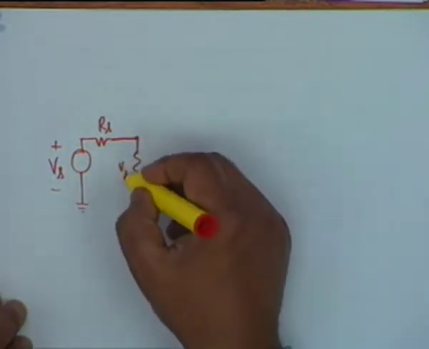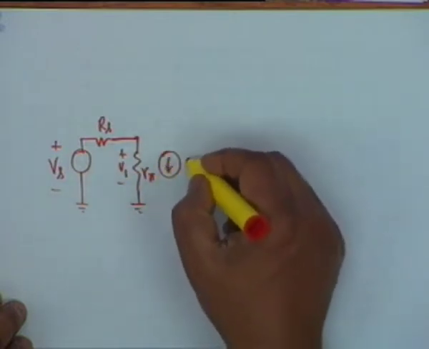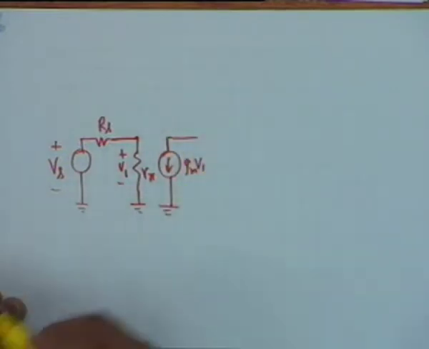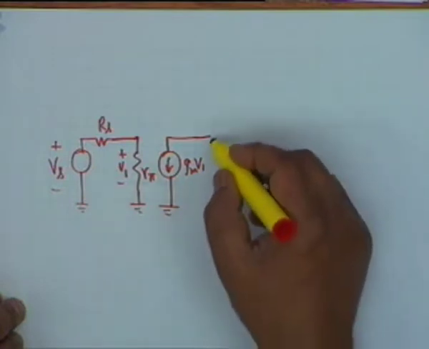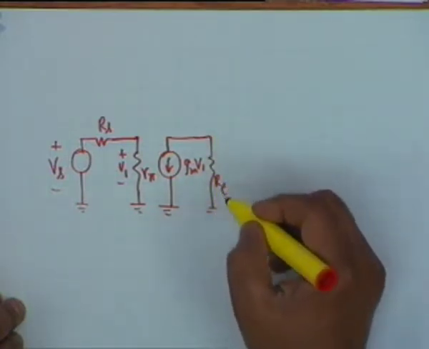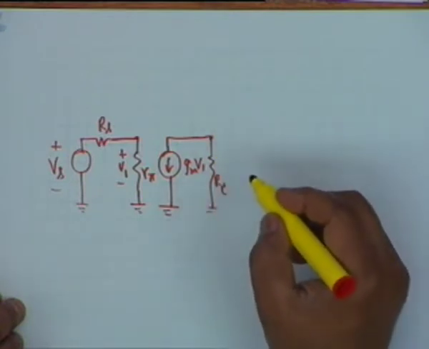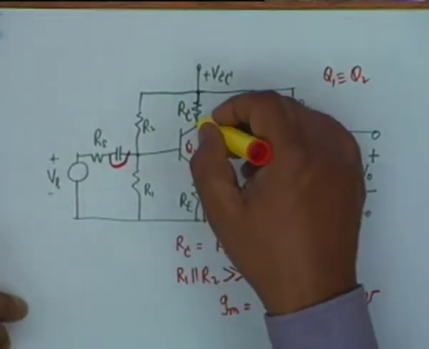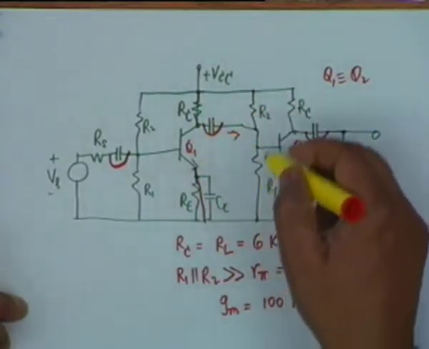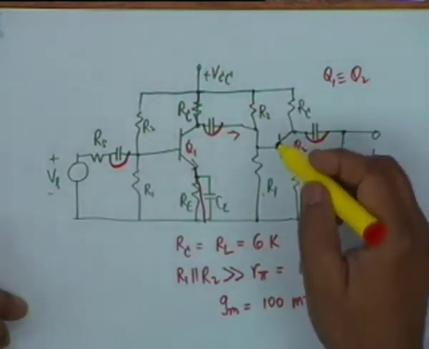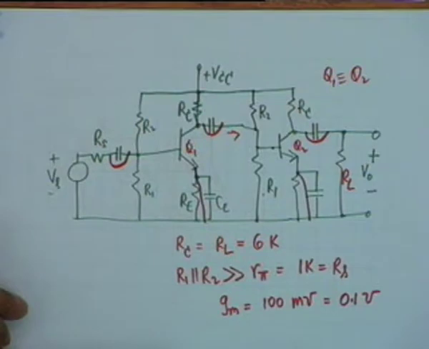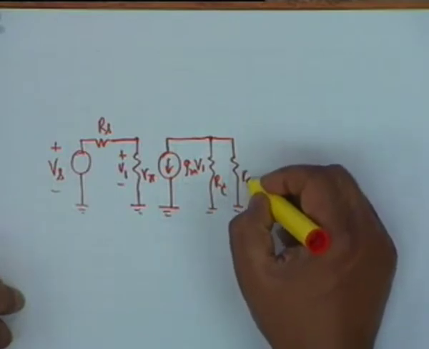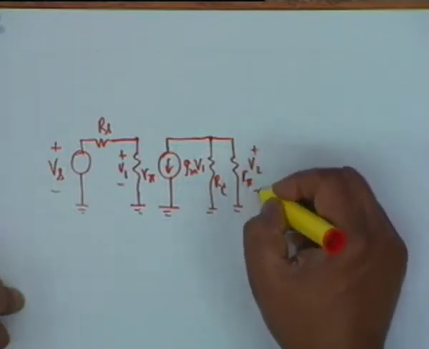R pi, and if we call this voltage V1, then the output of the collector is gm V1, and its load is, there are two loads, one is R sub C and the other is R pi of the next stage, all right. The load of this transistor is R sub C, and then whatever it sees, R1 parallel R2, which we ignore, and from here to ground there shall be an R pi, and therefore there is an R pi, and let us say this is V2.